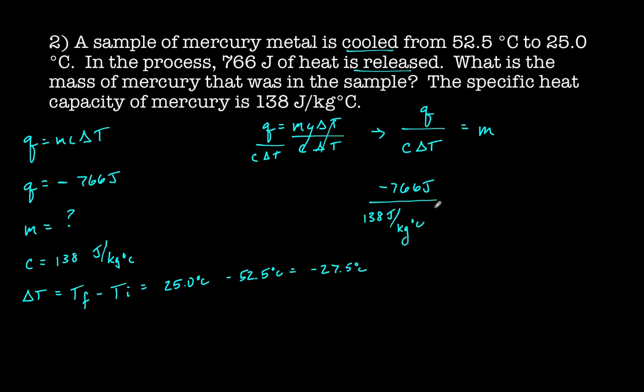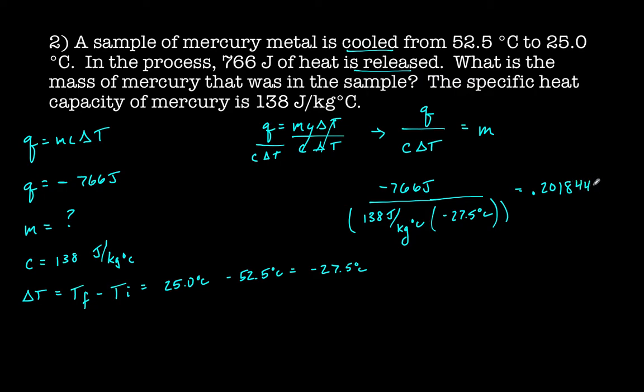If you plug it in then, negative 766 joules divided by 138 joules per kilogram degrees Celsius times my change in temperature, negative 27.5 degrees Celsius. Put the bottom in parentheses just to help me out with my calculator. And let's solve for my calculator answer. So negative 766 divided by parentheses 138 times negative 27.5 equals, and I get a calculator answer of